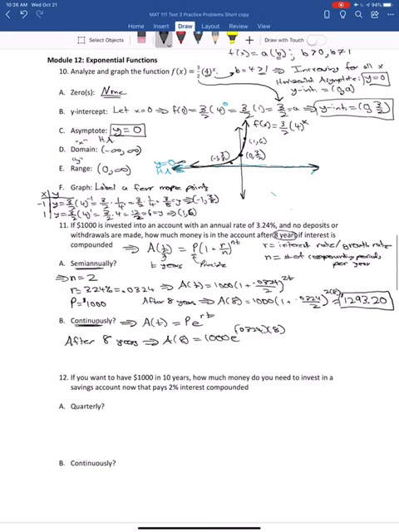So after 8 years, if we compound the interest continuously, we'll have $1,295.89, compared with a set number of periods. Now let's look at